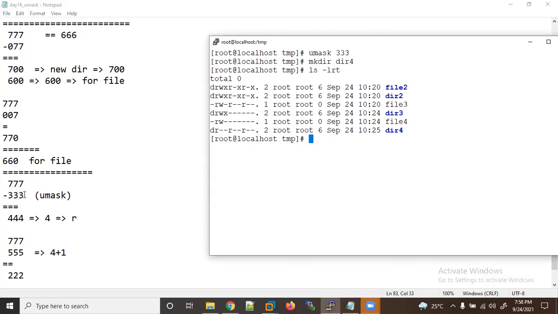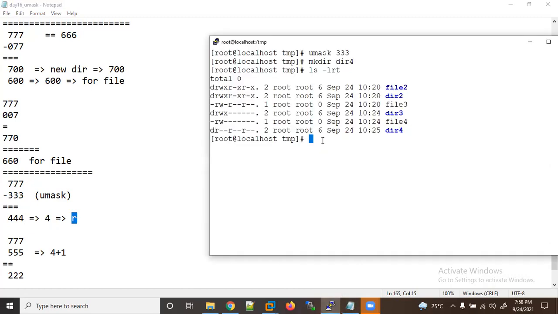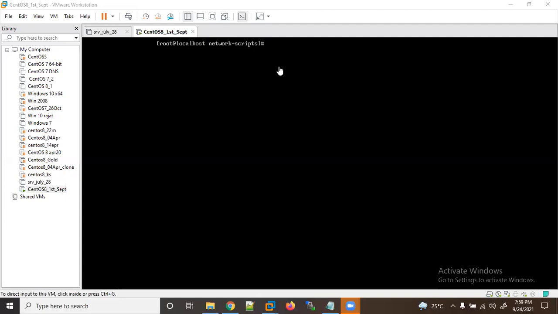Okay. So now let me give an invalid umask entry. This is not invalid for me, actually. It's invalid in the case of a directory. Suppose I'm giving 333, it's valid for a file, but it is invalid because we need execute permission for our directory. So now let me give the umask value.